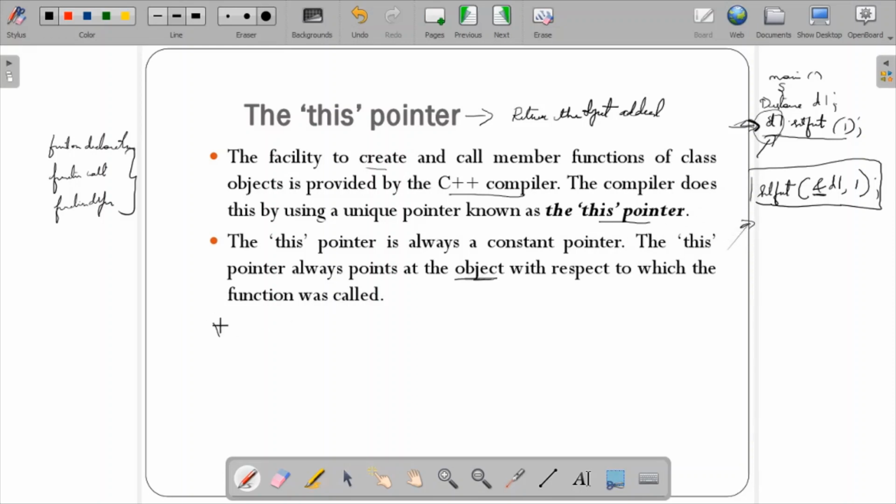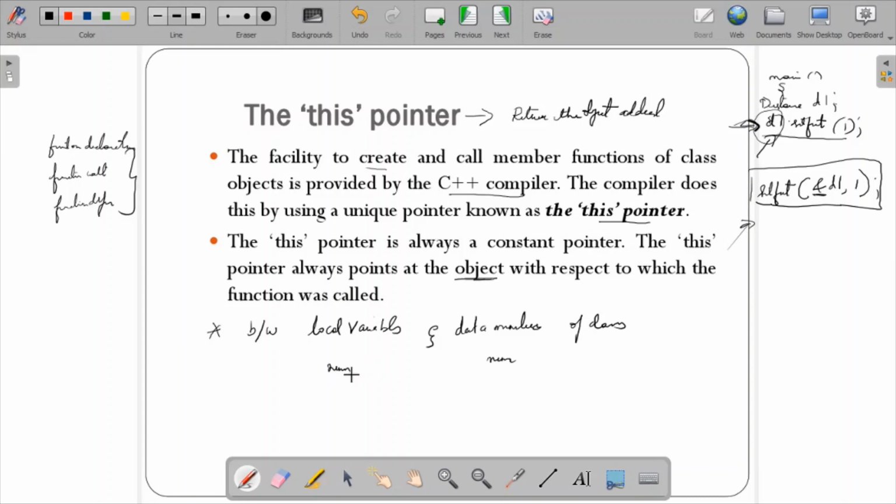In addition to this, it is also used to distinguish between local variables and the data members of your class when both are declared with the same name. For example, in the data members of your class you have declared a num, and the local variable is also declared as num.